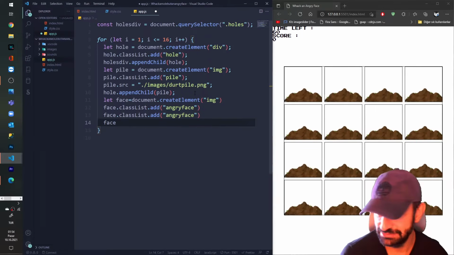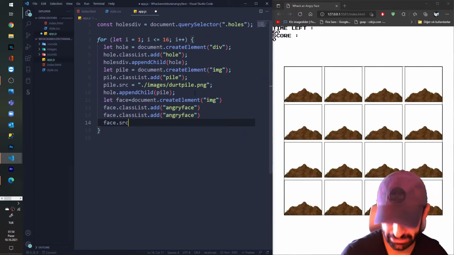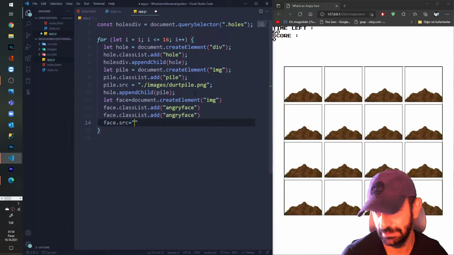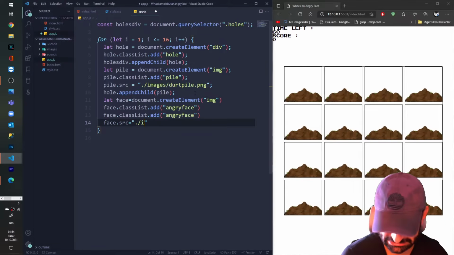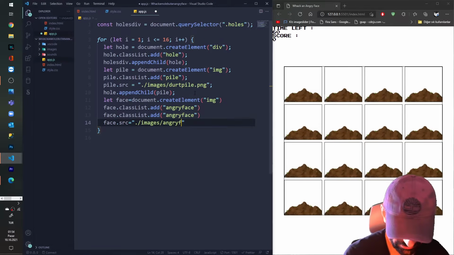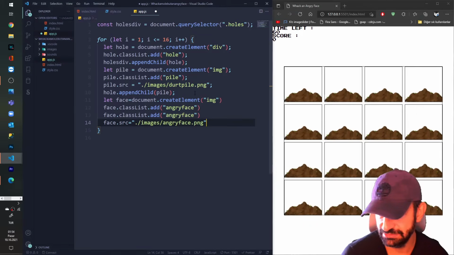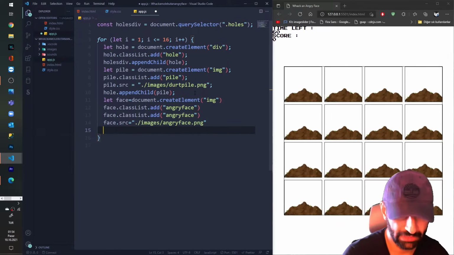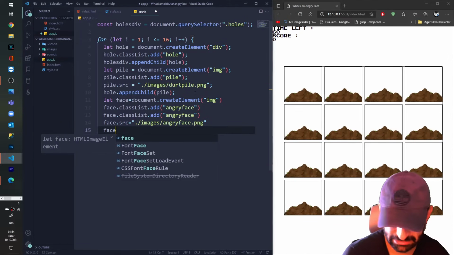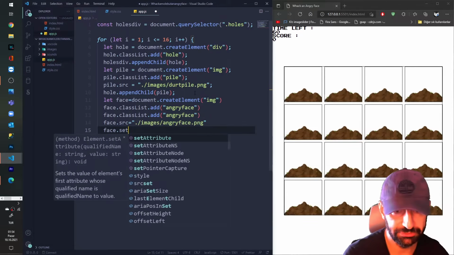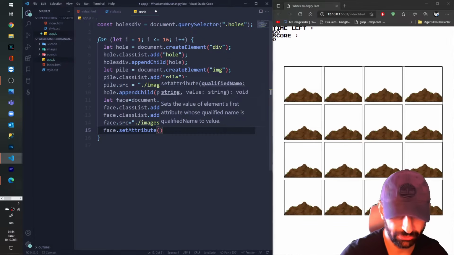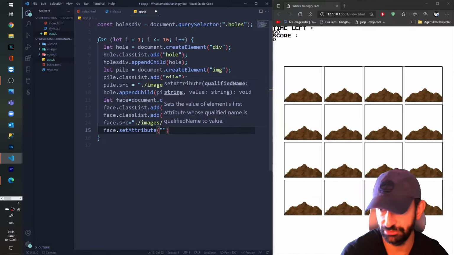And we say face.src equals our source file will be images and angry face dot png, and after that we say face dot setAttribute, because I'm gonna find each control of the face by the name of the control.